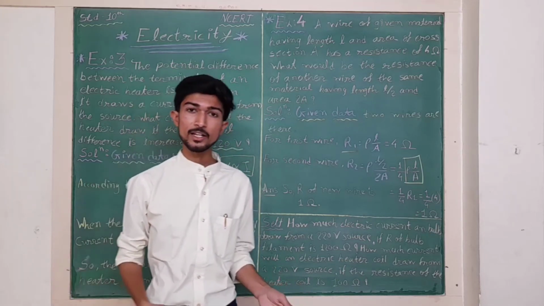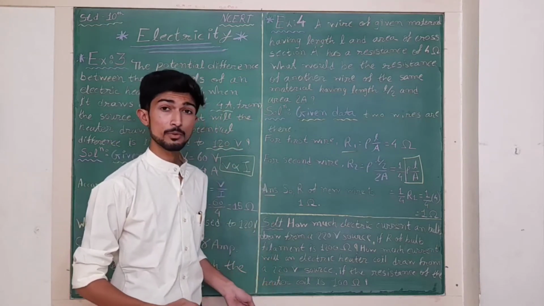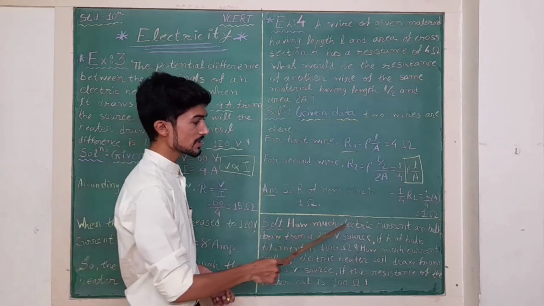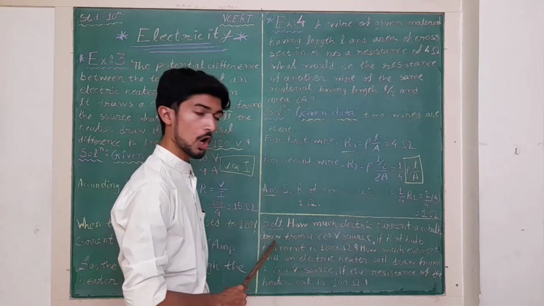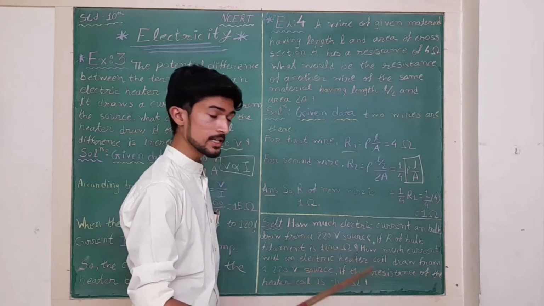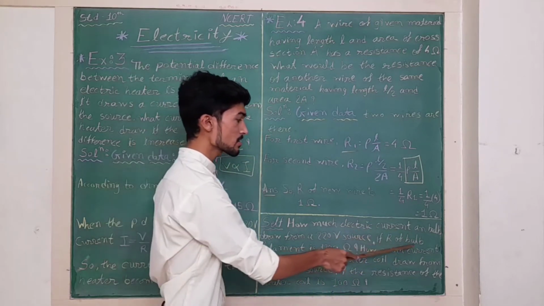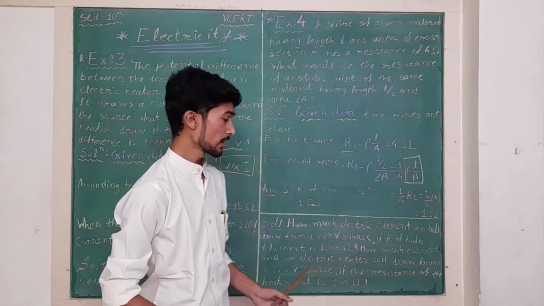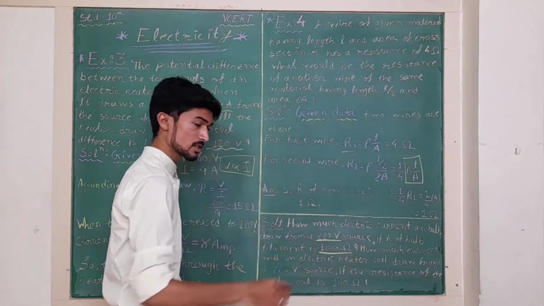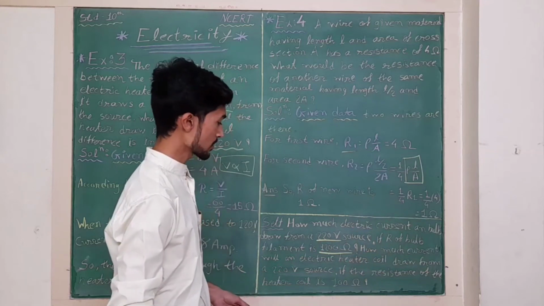Okay. So I have a gift for you all, and that is another numerical. Let's read the question, and you have to comment the answer in the comment section. How much electric current will a bulb draw from a 220 volt source? Meaning the potential difference V is 220 volt, if R of the bulb filament, meaning the resistance of the bulb filament, is 1200 ohm. You have two quantities, potential difference and resistance. You can find the current, how much electric current is asked to find.